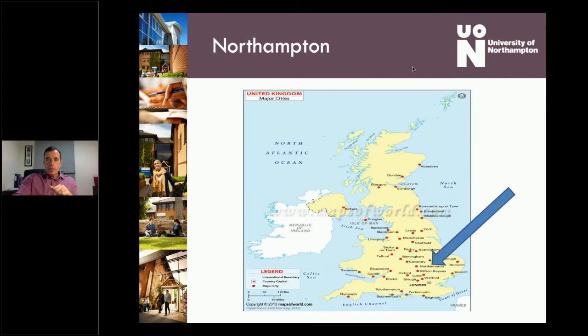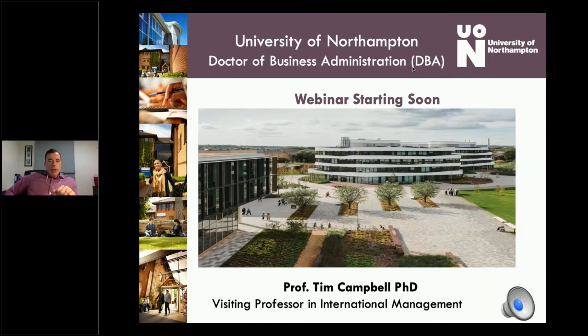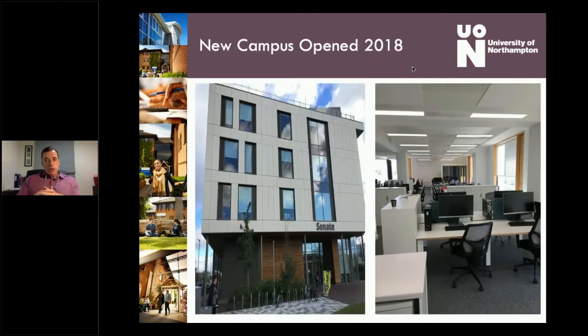Now, if I just go back to my starting slide there, the university used to be on the outside of the town in a rural area, but in 2018 it opened a brand new campus right in the middle of the town, and that's just one view of it there. And it's really a fantastic, very modern green campus that they've got there. And you will find on campus there's a Senate building, and on one floor of that it's the research student space. So if you're ever over in the UK and want to go to the university, that's a space where doctoral students can use at any time.